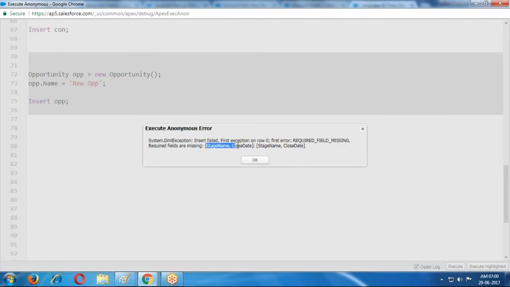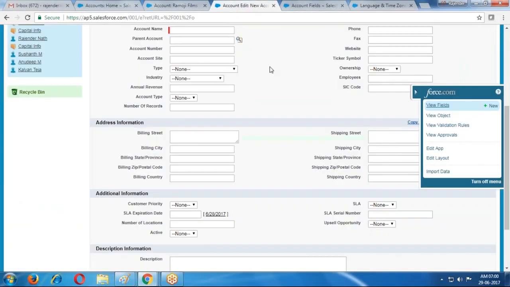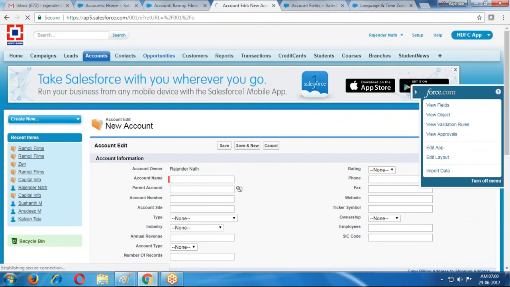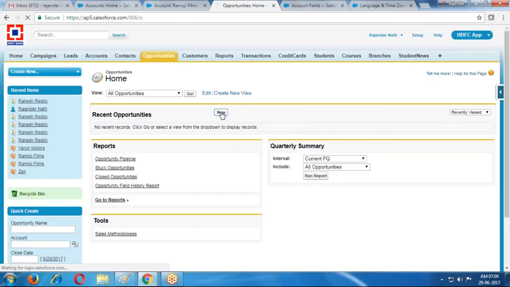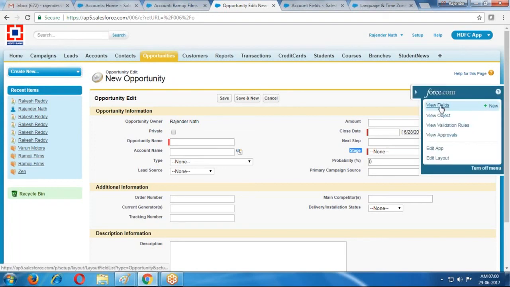Required fields missing. What are the required fields? Stage name and close date. If I open the opportunity object, in the opportunity object we have opportunity name, close date, stage. For the stage, the backend field name is StageName.